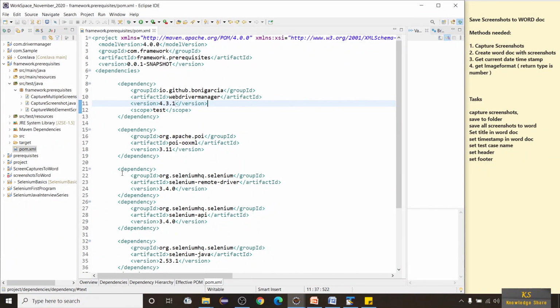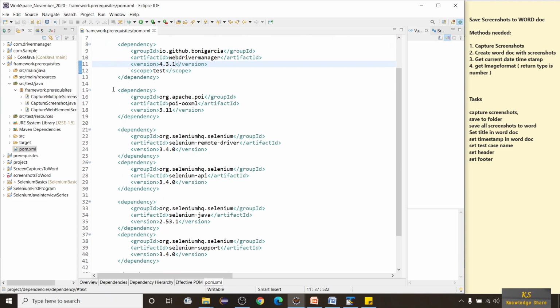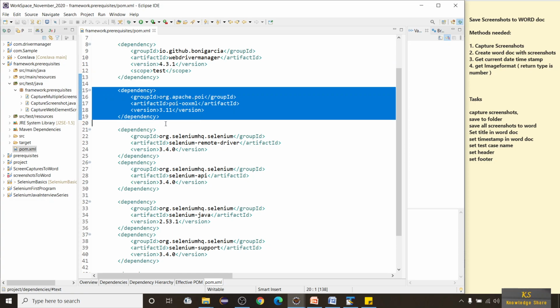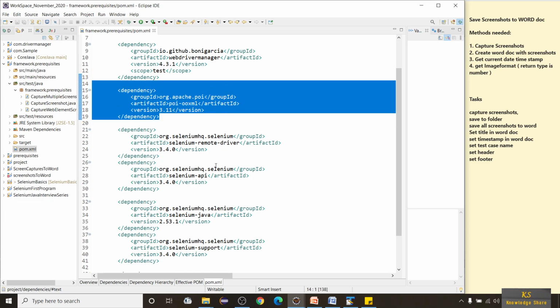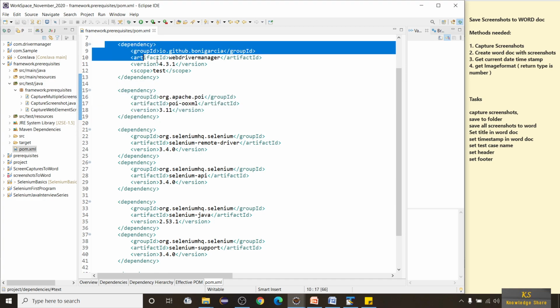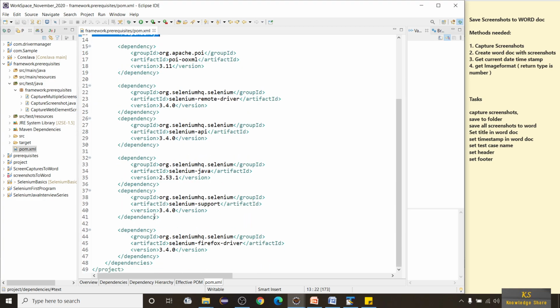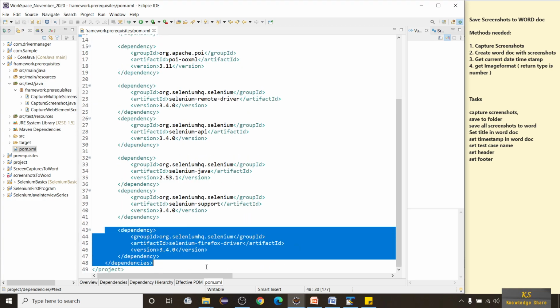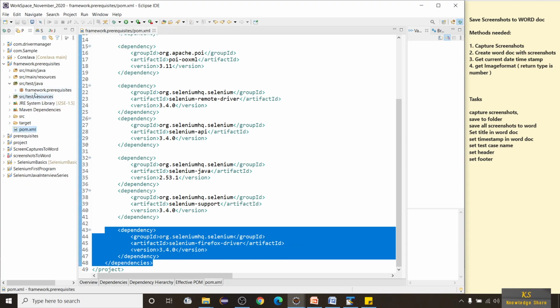Here I have my pom.xml file. We need only one dependency, that is POI OOXML. I already have WebDriver Manager, and I included one more, the Selenium Firefox driver, since I would like to capture screenshots using the Firefox browser.